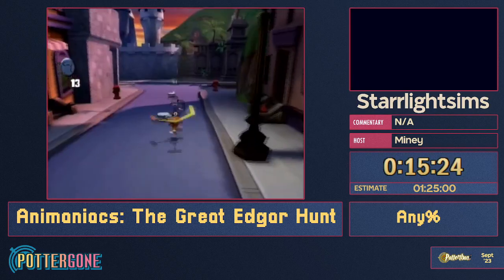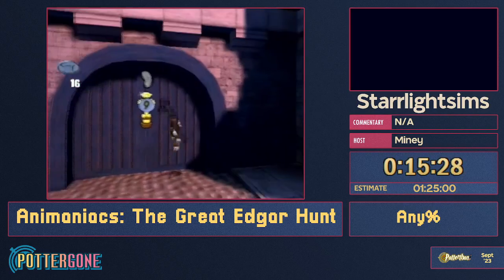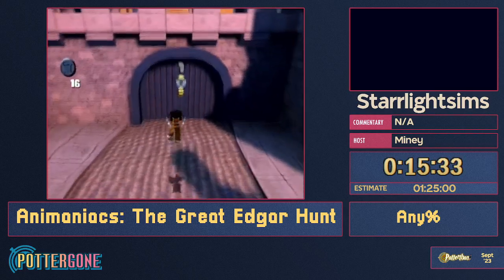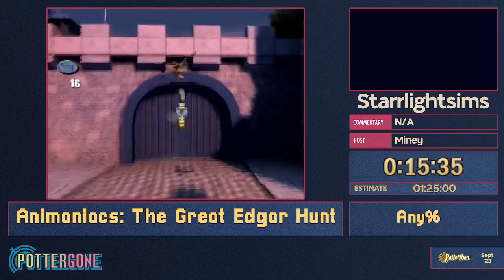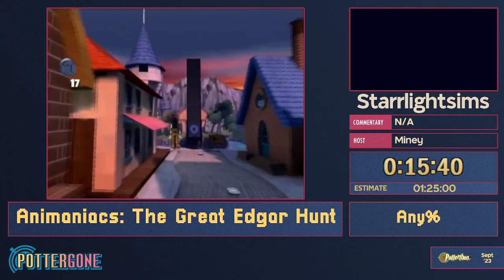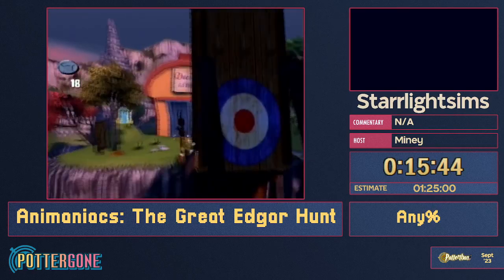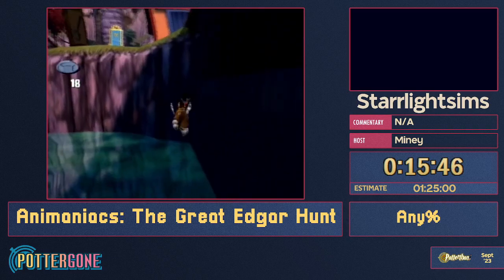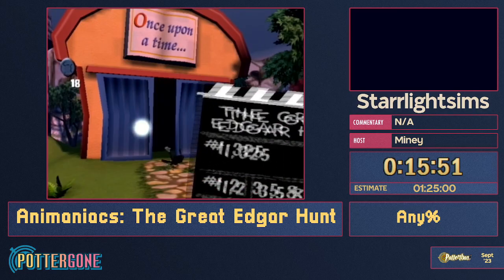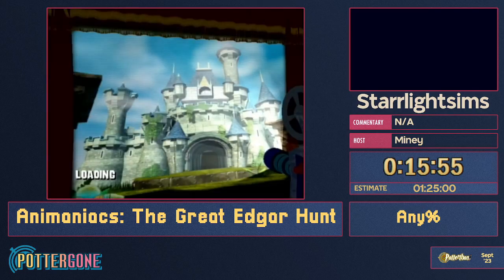Cool, so now we're going to head to what would in theory be the third world. Nope, that's not good. Normally we need 9 Edgars to get in here. So we jump over the wall. And then normally we need to use the laser we use to kill the ghost to get across this gap. But we can just jump across. Cool, and now we are into the second world of the run, the third world of the actual game, Once